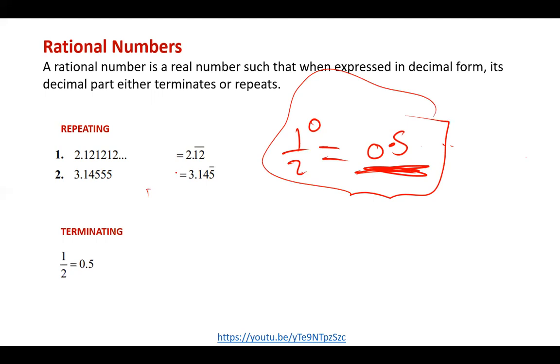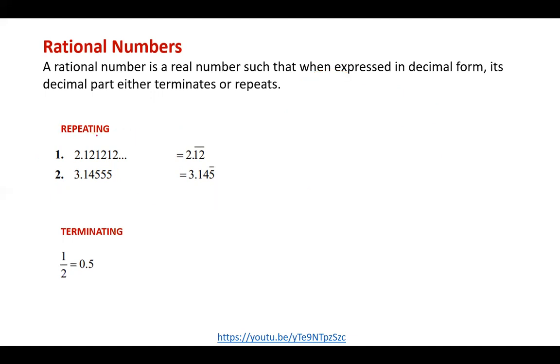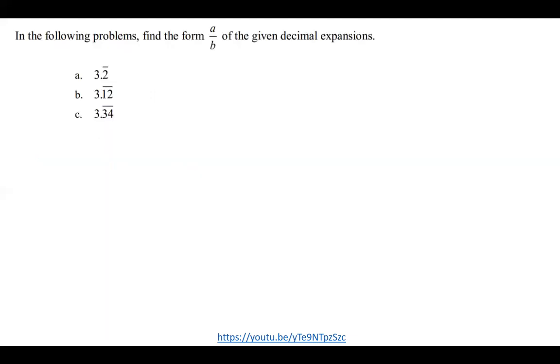But there are also what are called repeating rational numbers. Repeating rational numbers always have a number that is repeating. They always have a number that is repeating. These are called repeating rational numbers. All right. So let's take a look at some of the repeating rational numbers, and then we call it a